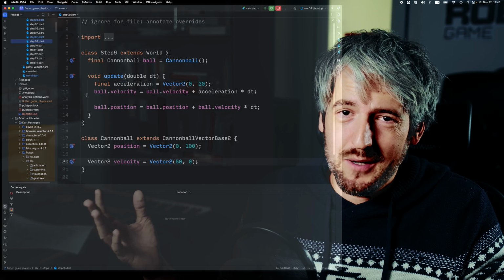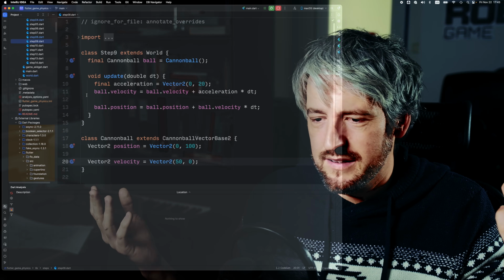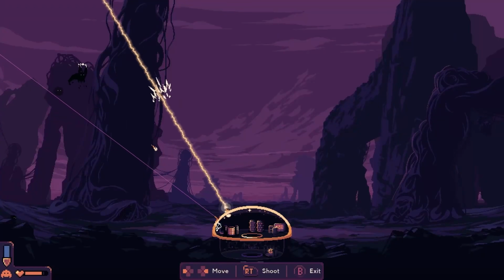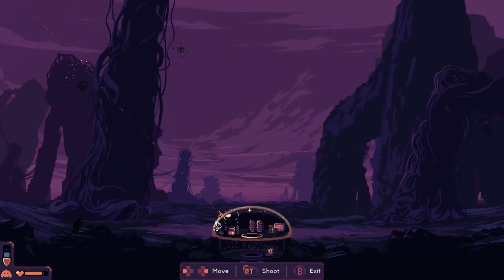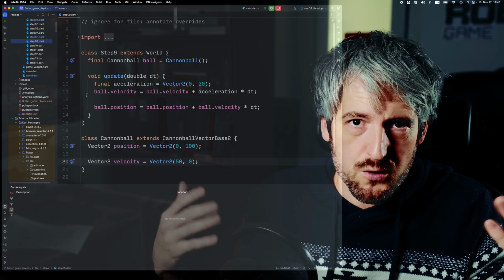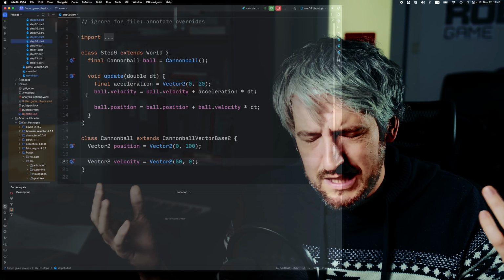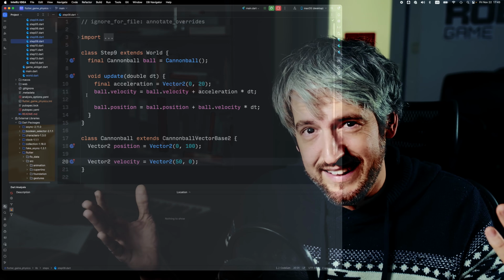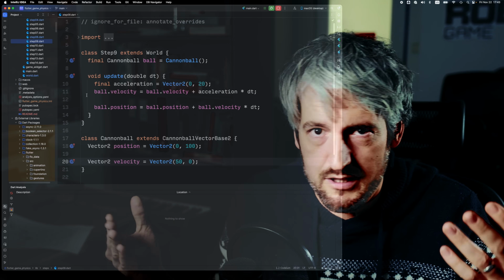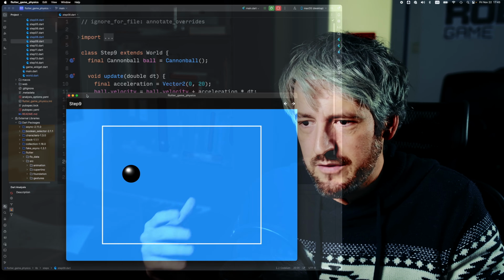A big reason to have physics in games is collisions. Collisions often mean that something hits something else, right? So it means that you hit someone, or maybe you landed on the platform that you tried to jump to, and so on and so forth. So collisions are important. We're not going to go too deeply into how exactly you implement collisions, because this could be very different for very different games. But for something very simple,